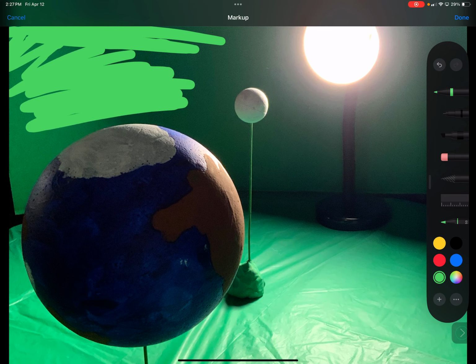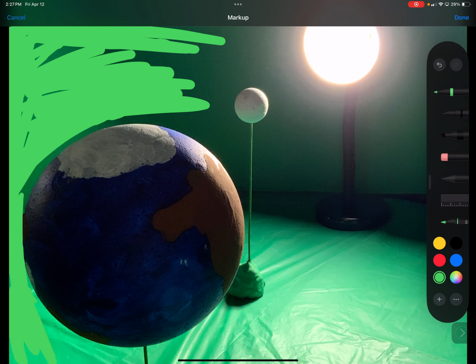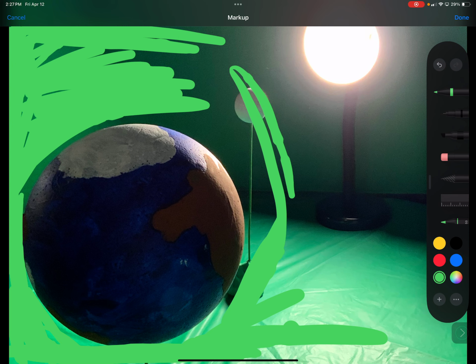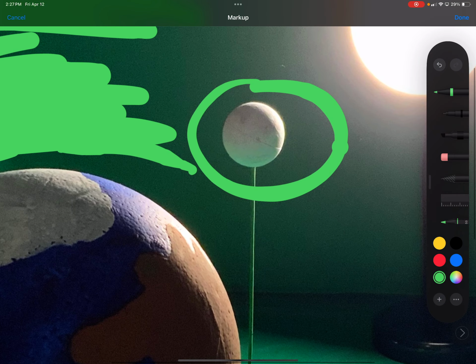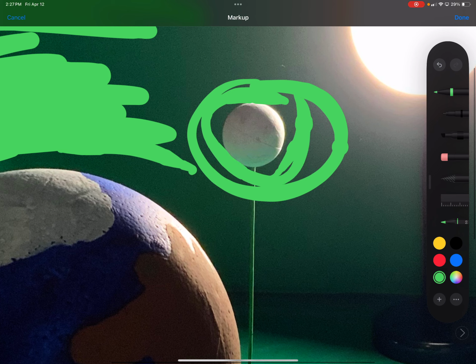And this is like you're cheating. The iPad is gonna think that this is the background that is green, and anything that is painted green is going to disappear. Now, the problem is this is a little tedious, and I'm not going to paint it completely. I can paint the moon, right? Then you can zoom in and go ahead and paint